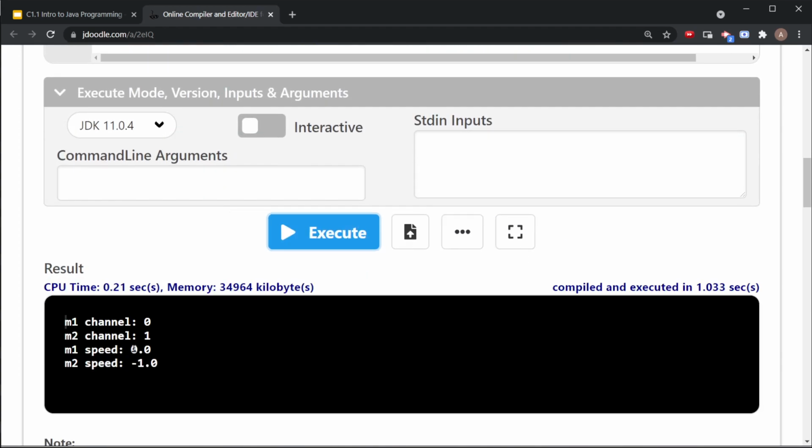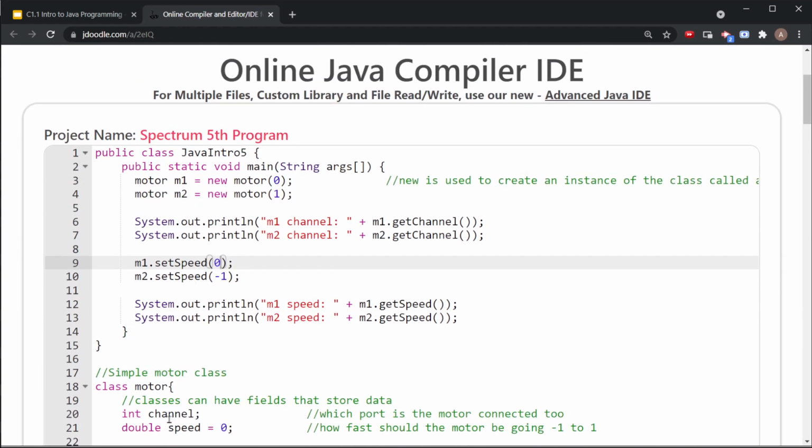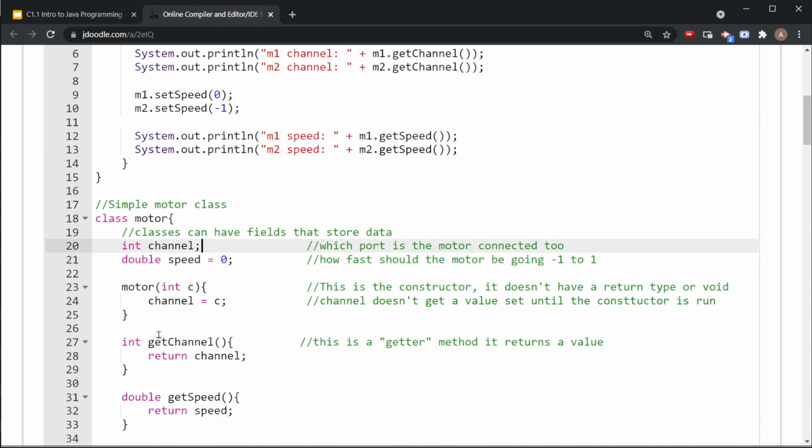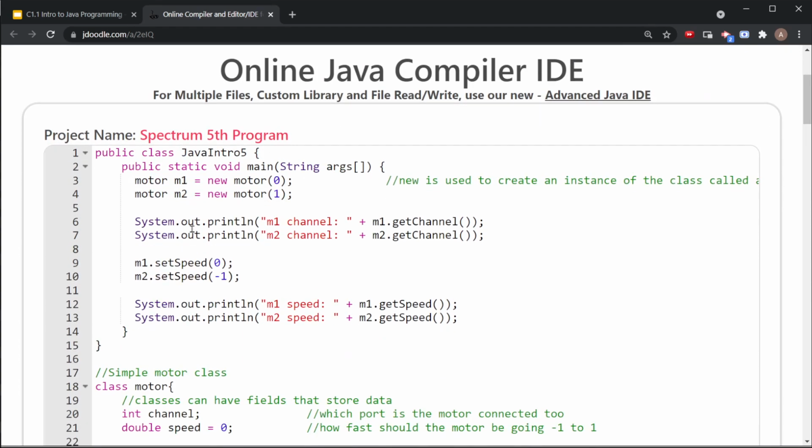When I execute, it'll show me M1's speed is 0 and M2's speed is -1, but we only have defined a single speed variable, right? We only did this double speed equals 0 thing once, but we have a method that allows us to set the speed, and speed here, because it's inside this class,